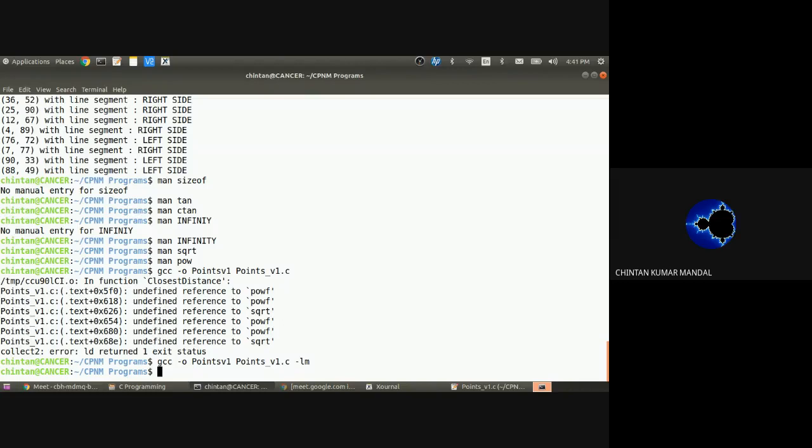I had to give an -lm. So -lm is basically linking of a third party library. It's not exactly a third party library, but it has lots of functionality which has been developed from outside also, right? So for any other library which is not from the standard libraries, we have to use the -l. So -l is basically linking of the math library. Okay, so